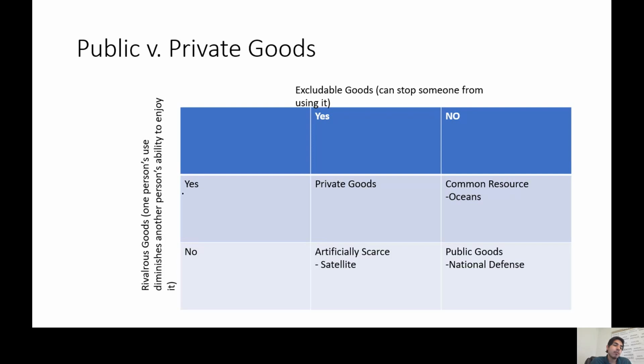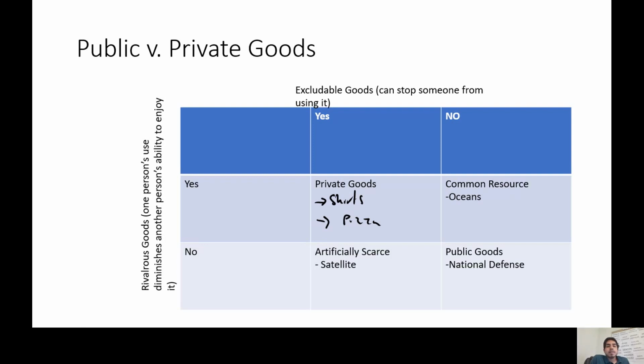So if goods are both rivalrous and excludable, they're private goods, and they're going to be adequately provided by private markets. So things like t-shirts, right? It's excludable. You can stop me from enjoying a t-shirt, right? I can't just go into Banana Republic and, I mean, I could and take a bunch of t-shirts, but reasonably you can stop me from enjoying the benefits of a t-shirt. Don't pay, you don't get the service. And then rivalrous, right? If I eat pizza, for example, or food or clothing, my consumption of it stops other people from consuming that same good, right? That's what we mean by rivalrous.